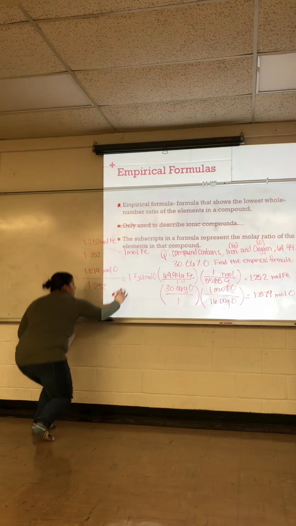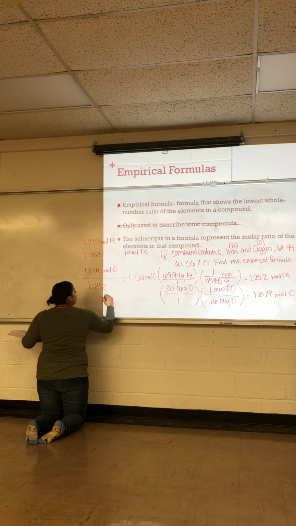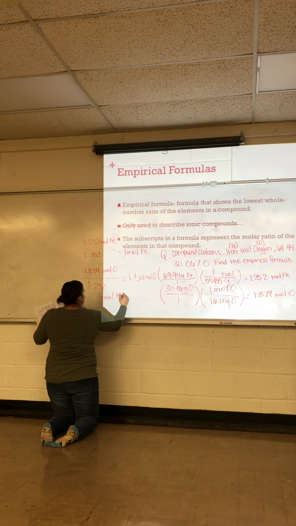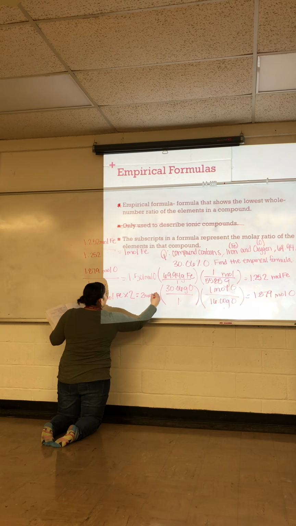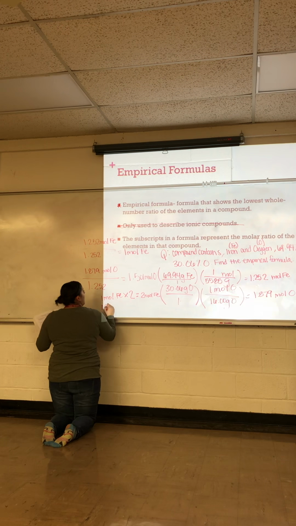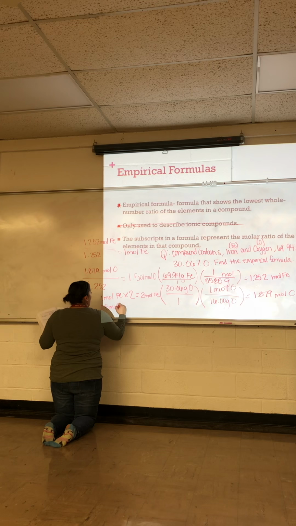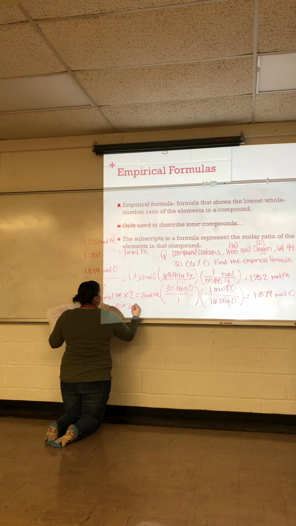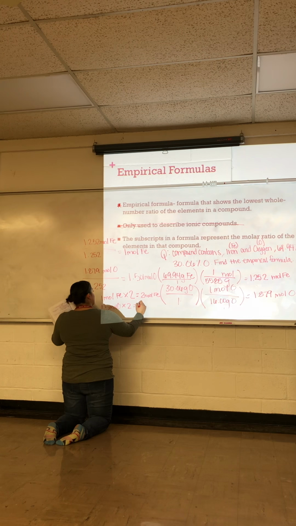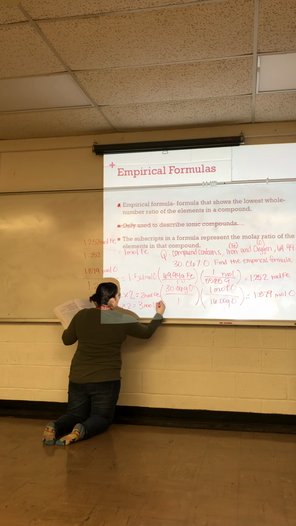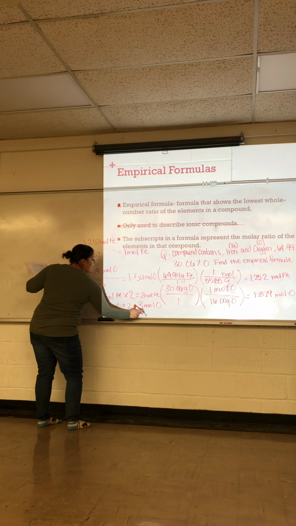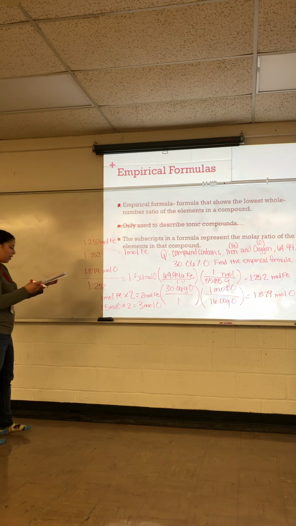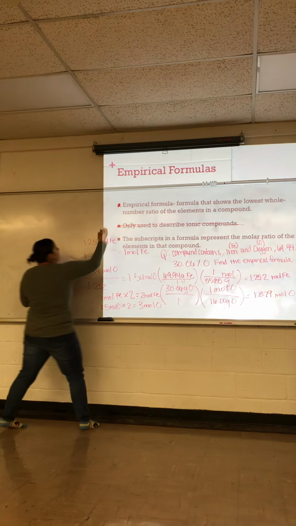So 1 mole of Fe times 2 gives me 2 moles of Fe. And 1.5 moles of oxygen times 2 gives me 3 moles of oxygen. So for every 2 moles of Fe I have 3 moles of oxygen. So your empirical formula is